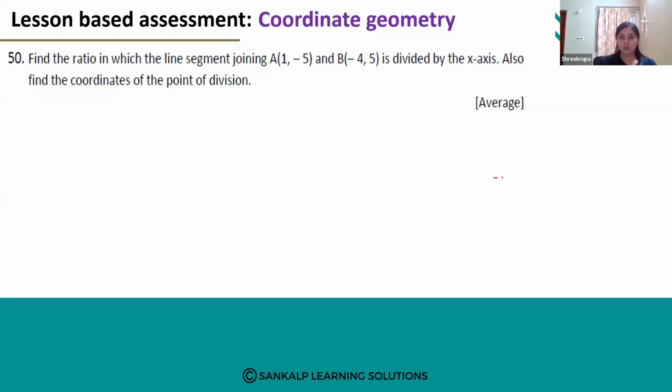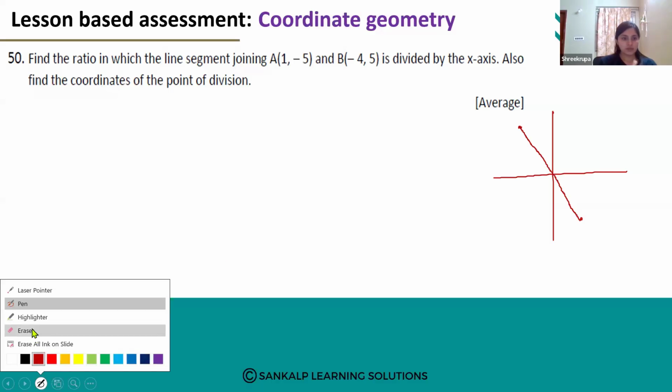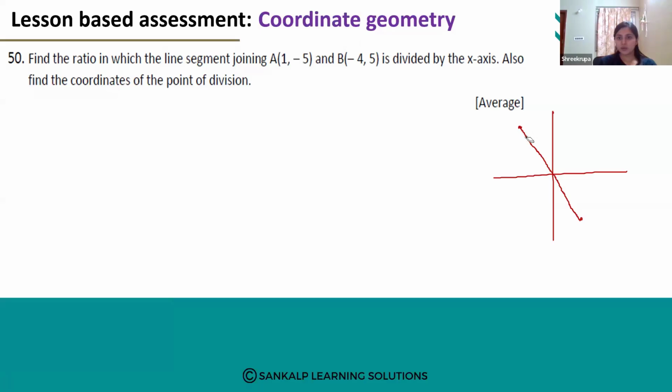So the points will lie in, the first point will lie in the fourth quadrant, somewhere here. And the second point, (-4, 5), will lie in the second quadrant. And if we draw a line joining these 2 points, not necessarily it is passing through the origin, but it will be divided by the x-axis. So let's take this as